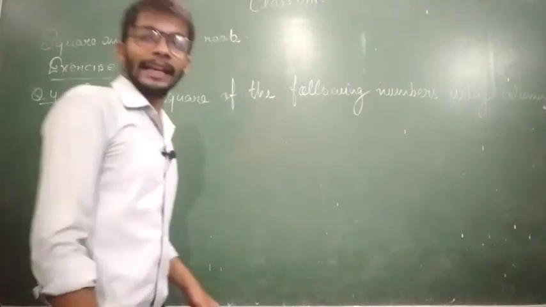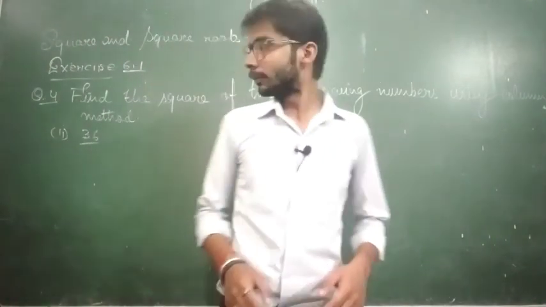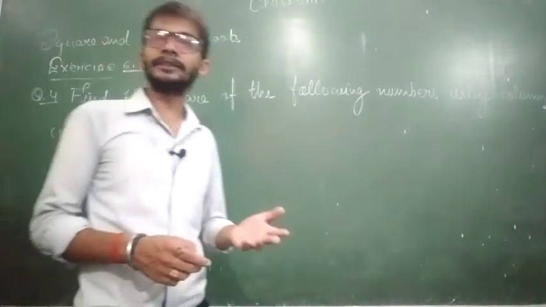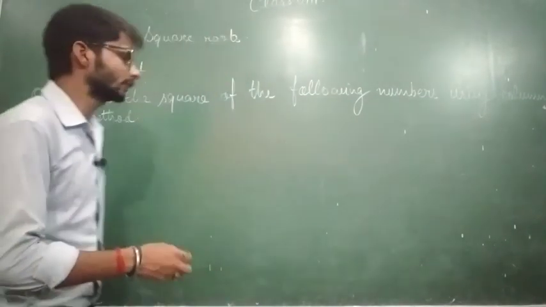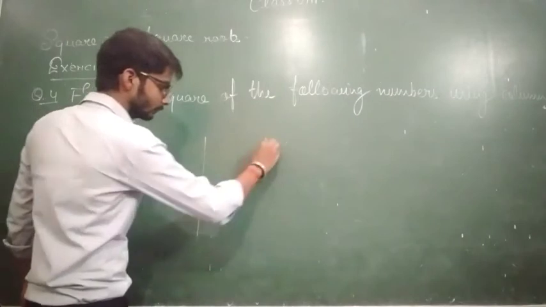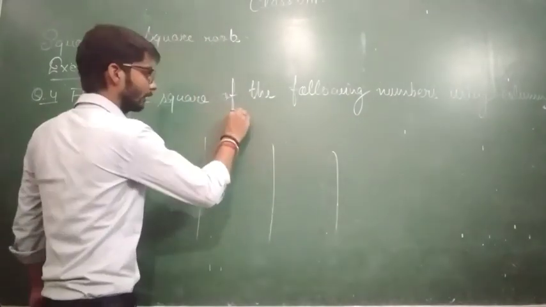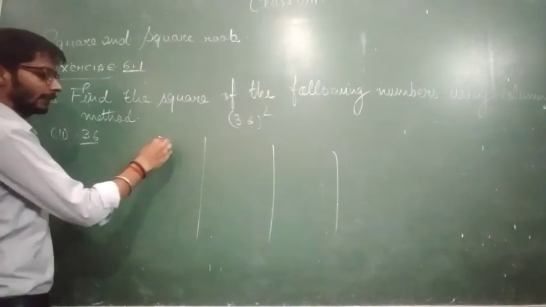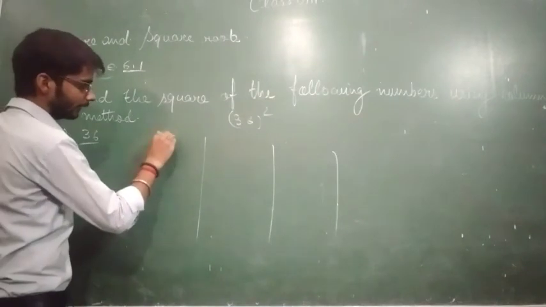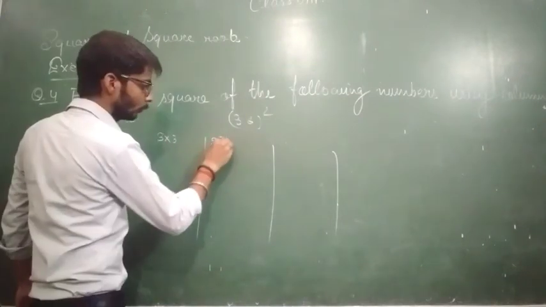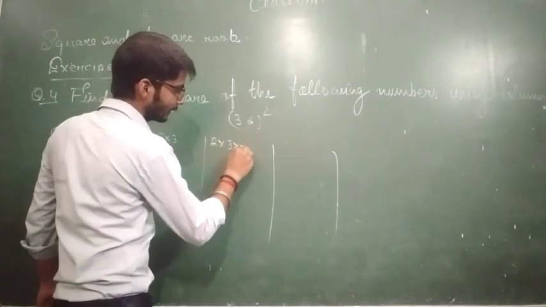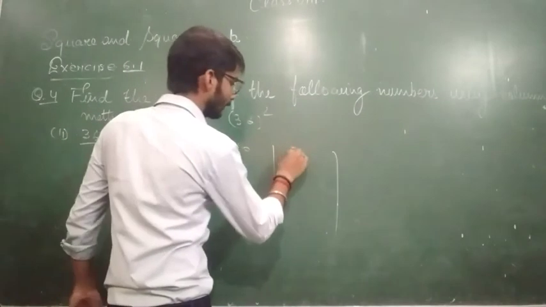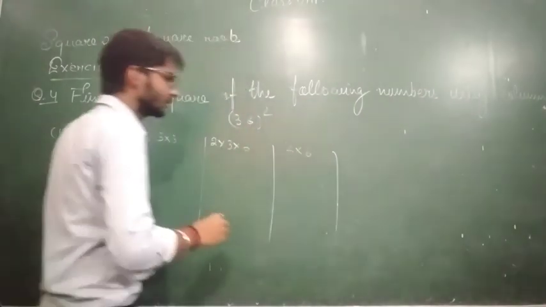The next part of this question is the number 36. We have to find the square of 36 using the column method. First make the columns, and here we will find the square of 36. We write the square of the first digit, 3 multiplied by 3, and now 2 multiplied by 3 multiplied by 6. The same method is followed as in question number 1, and again the multiplication of the ones digit 6 and 6.